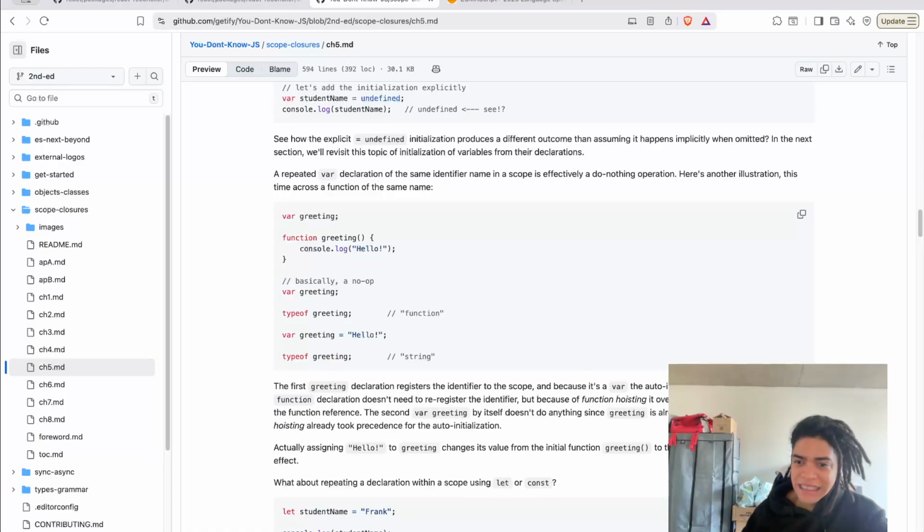But again, this is because the function declaration doesn't need to register the identifier, but because of function hoisting, it overrides the auto initialization to use the function's reference here, right? And the second var greeting by itself doesn't do anything since greeting is already an identifier of a function here,